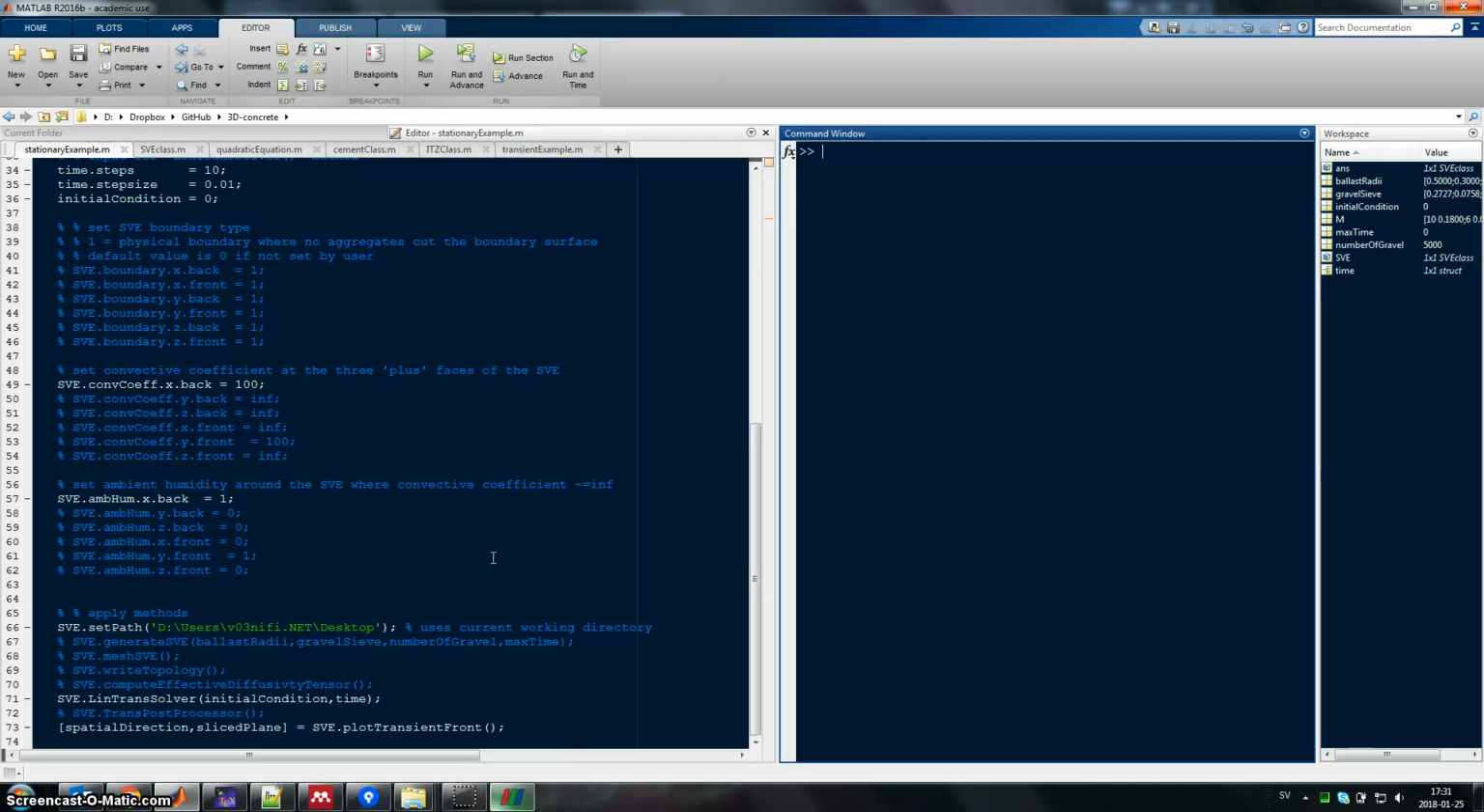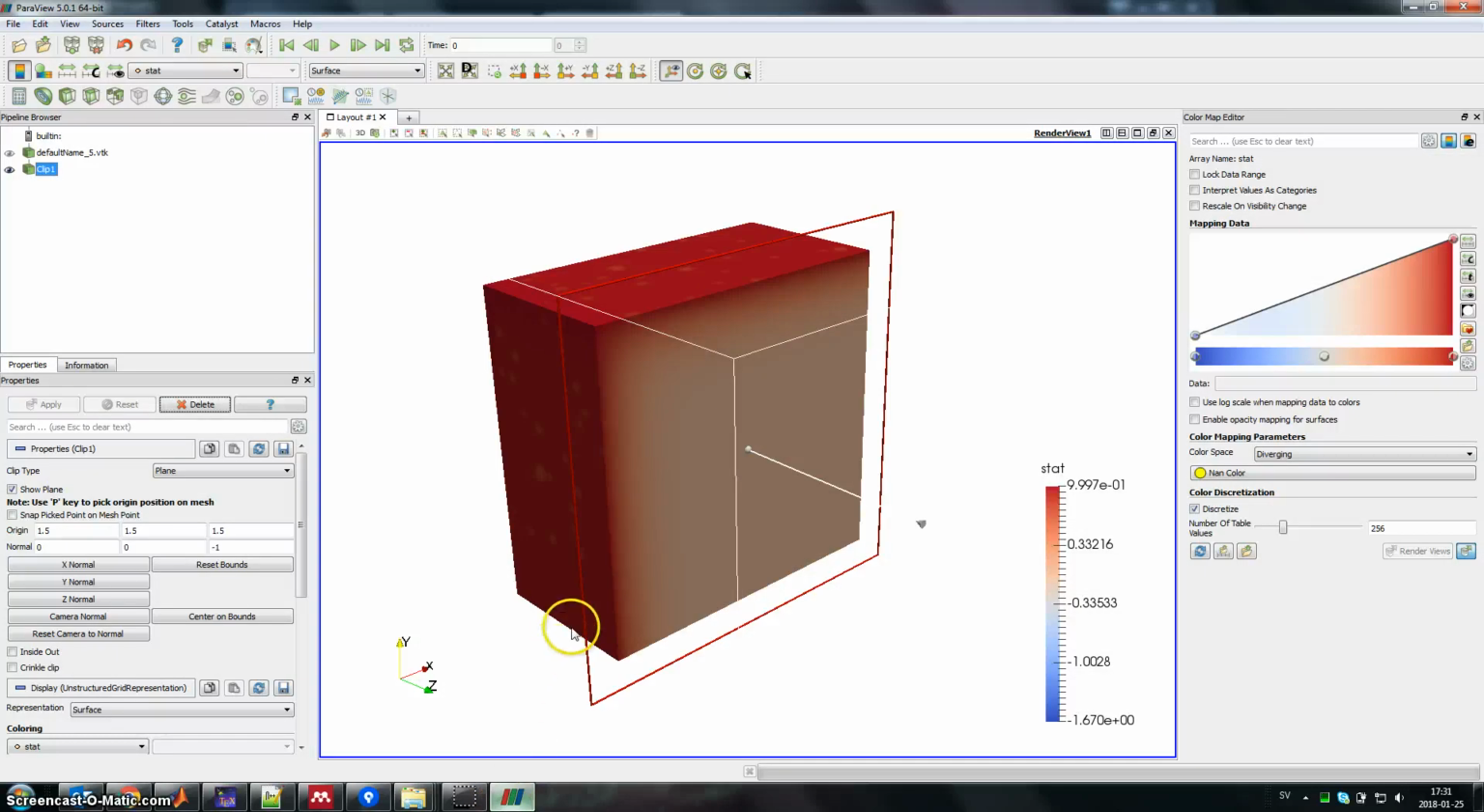So in this video, I want to go through how to plot transient fronts using this model, and I will explain what that means. So if you go into to look at an SVE like this, so this was from the previous transient example where we had boundary conditions